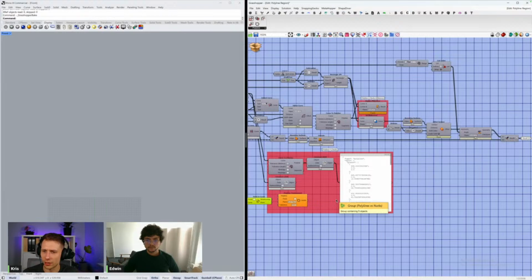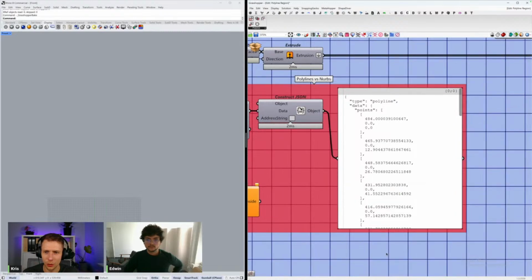And for those who are seeing JSON for the first time, actually every type of operation and object you can change to a JSON file. That's correct. And are you using JSON a lot? Yes, we use it a lot in ShapeDiver because we create very complex data structures, and then sliders and toggles are not enough and are not scalable. And JSON is the best way to communicate with the web, to interchange data with web apps. So that's why we use it a lot.